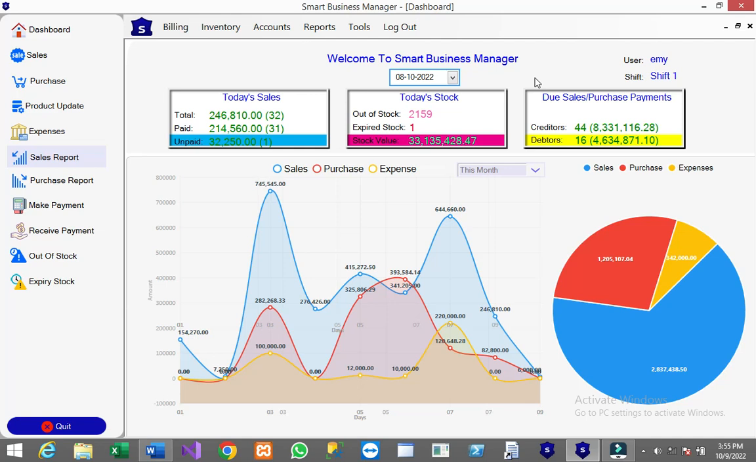Okay, so what is the reason for taking stock? There are several reasons why you want to take stock. Some persons take stock because they want to know their stock value, and some people take stock because they just want to confirm the values and quantities of their products. But in actual sense, if you are using Smart Business Manager very well and very accurately, you actually do